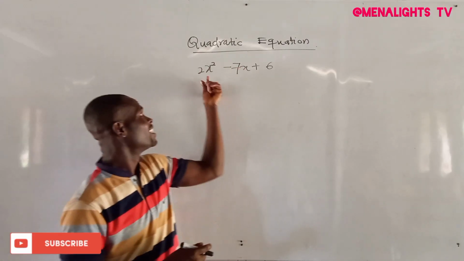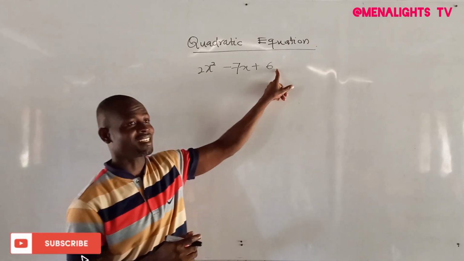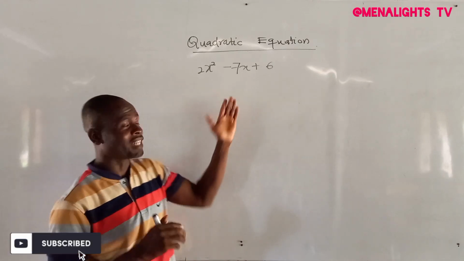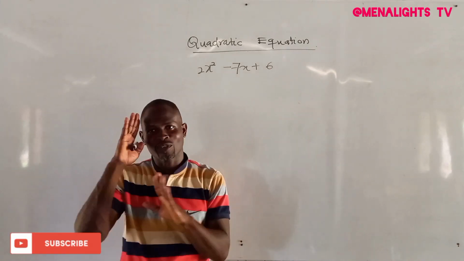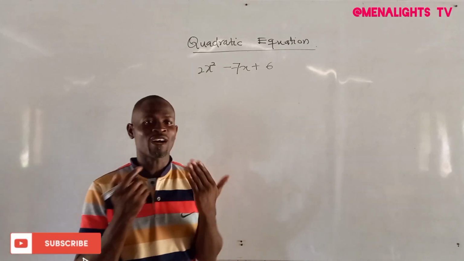X squared is 2. So what we have to do is use this 2 to multiply the 6 and give us what? 12. So we have to bear in mind that 12 that we have, you are not going to write it down, but you have to keep it in mind that we have 12 there. So what we are now going to do is